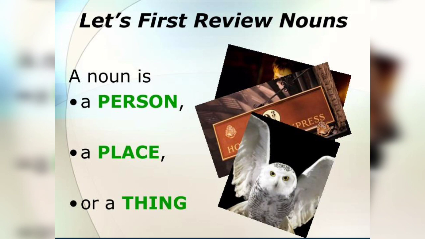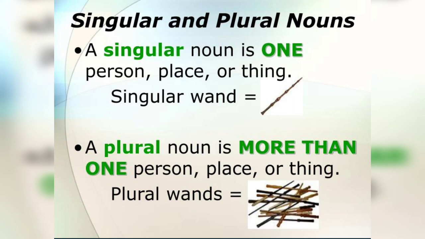So try to remember the nouns which we have learned. In the second video, we have learned about the singular and plural noun. So a singular noun is one person, place, or thing. Correct? So that we have learned boy, girl. Plural noun is more than one person, place, or thing. Example, boy, boys, girl, girls. So this is what we have learned in the second video of our section.